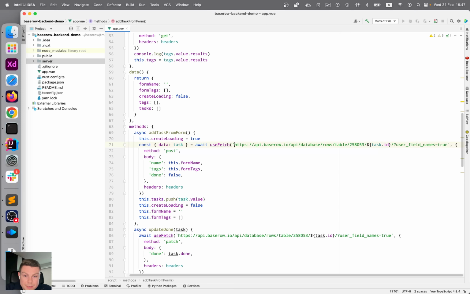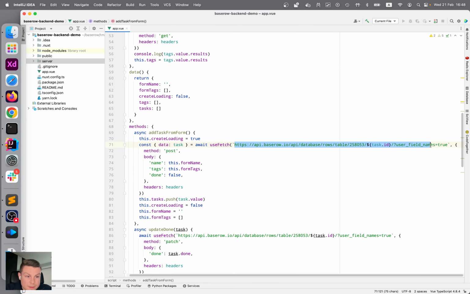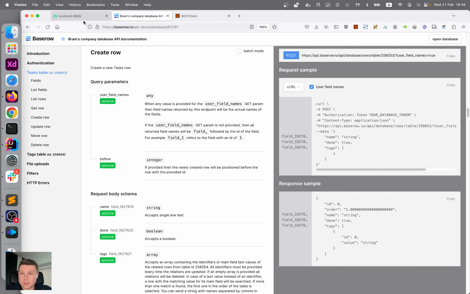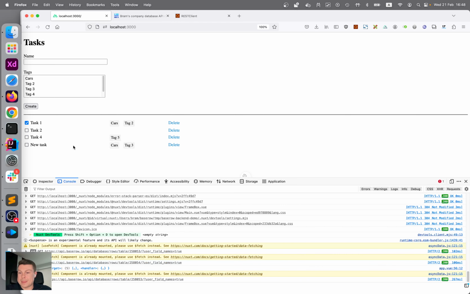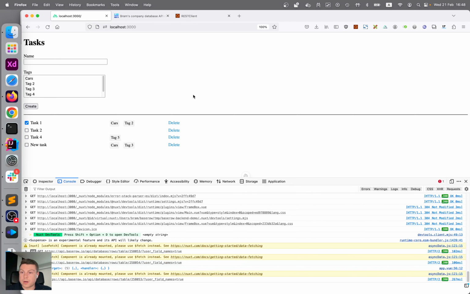That's because we're probably using the wrong API URL. Going back to the documentation, I'm just going to copy this one. And try it again. New task, cars and tag 3. Now it is actually working. Cool. So our application is fully working right now. We can create tasks, we can see them, we can update the done state, we can see the tags, and